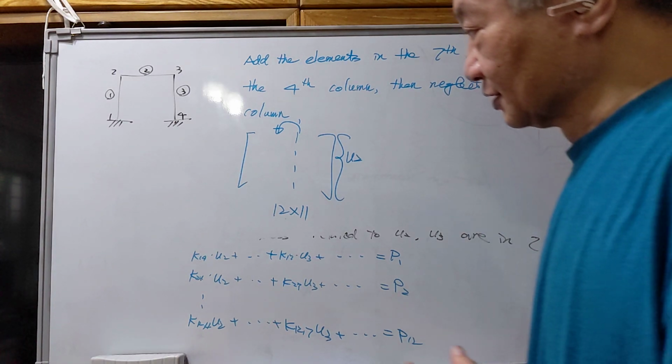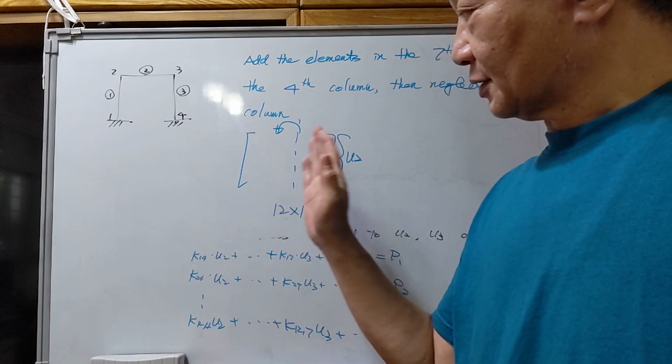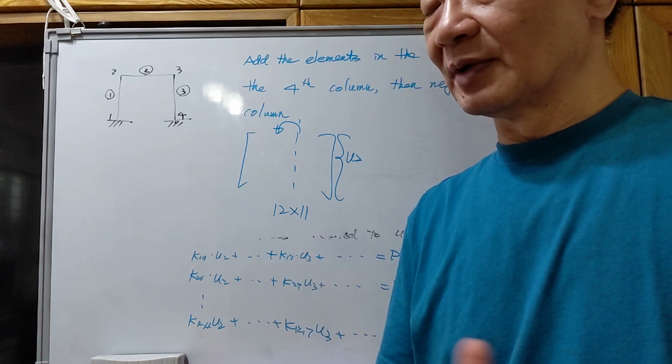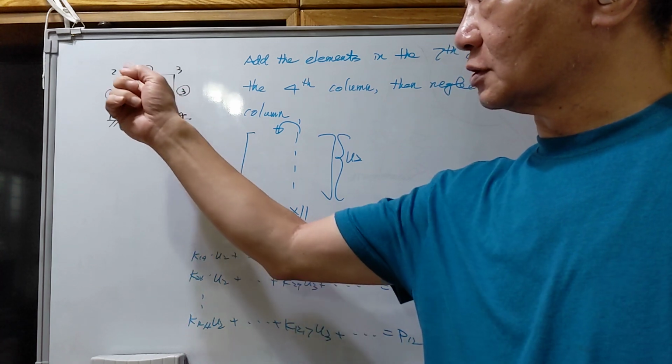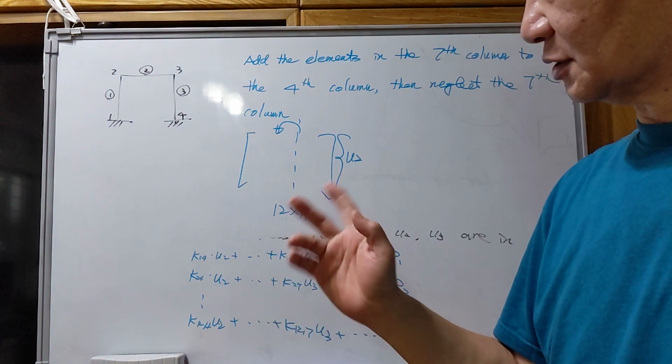Okay, so now it's the second part of today's lecture. In the last hour we talked about the kinematic conditions. Right now we have the example problems. We know U2 is equal to U3, and it is a kind of